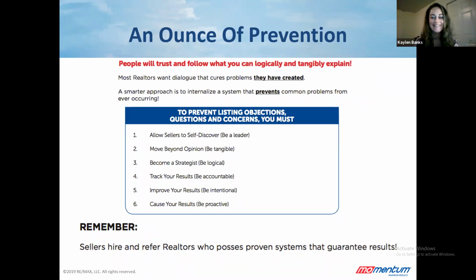What's the best way to prevent an objection? I mean, you know what they're going to object to. You've probably heard it a thousand times. So if you already come with those questions written out, you can say, let's talk about commission. I'm certain that you would rather have a lower commission. You start the conversation. If you bring it up first, it's not really an objection. You're bringing it to the table. You're leading the conversation.